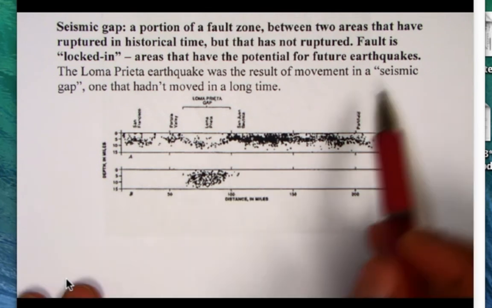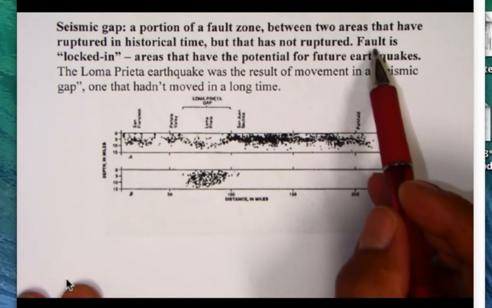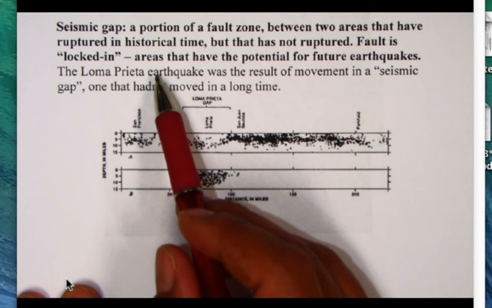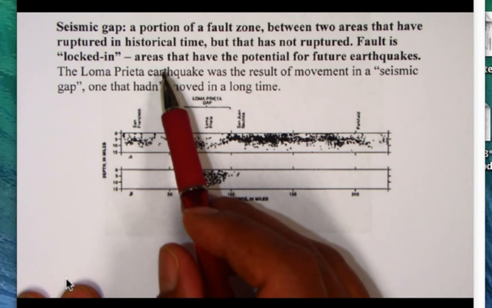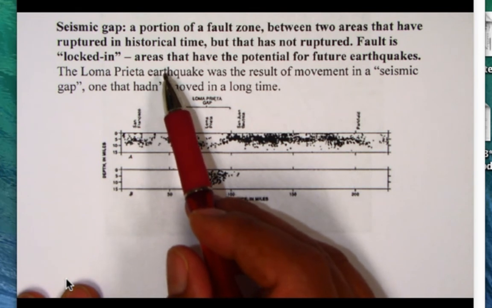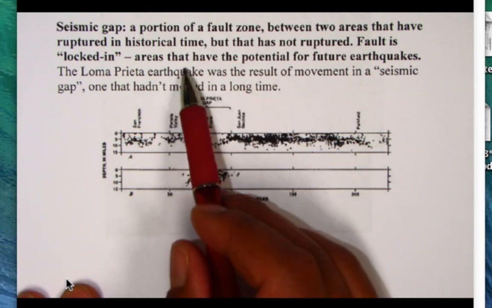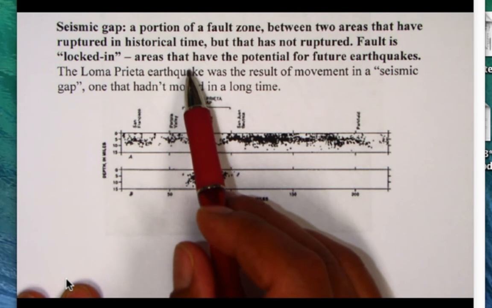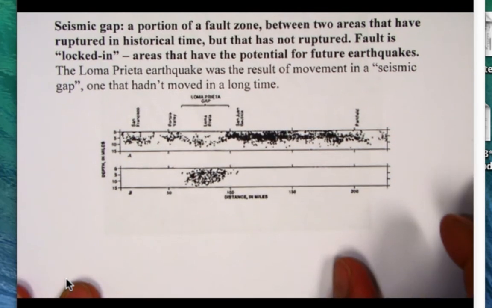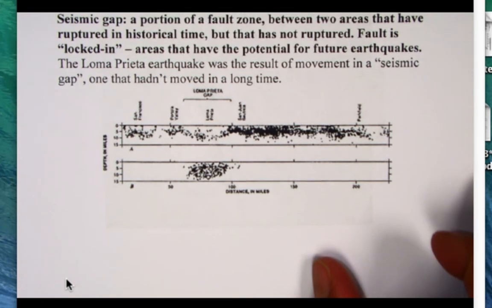So that segment of the fault is said to be locked in, and it's accumulating strain energy. It has been accumulating strain energy since before the 1850s, because that's really when the state of California began to become populated after the gold rush. And then we started keeping good records about earthquakes. By 1875, we were keeping really good records of the different earthquakes. So these areas have potential for future earthquakes, right? As an example, the Loma Prieta earthquake of 1989 was actually predicted.